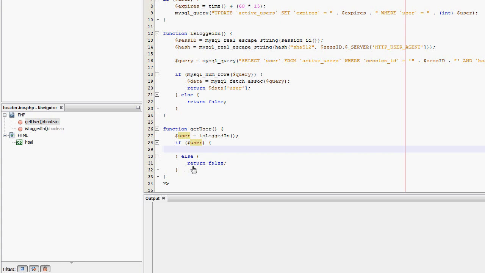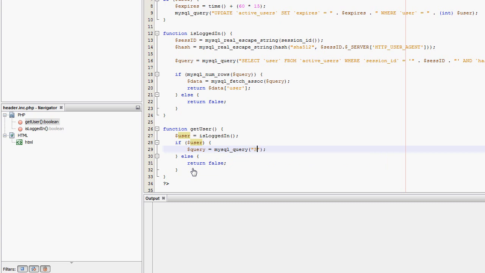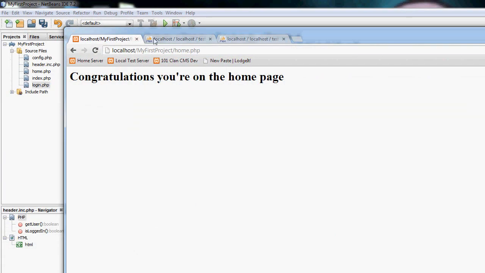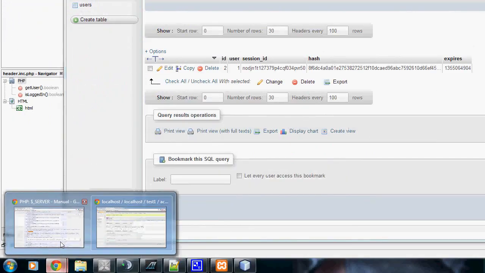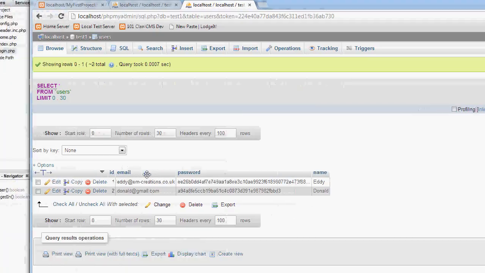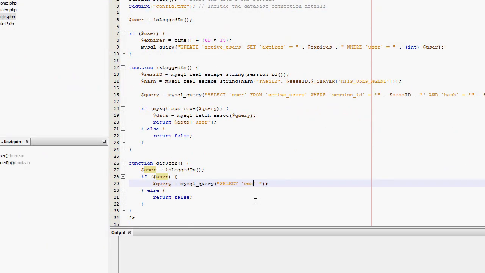which I can use to reference the user table. So what I'm going to do is: query equals MySQL query, select. Where's the user table? Here it is. I'm going to select the email, the password, and the name. In fact, I don't need password. Just email and name from users, where ID